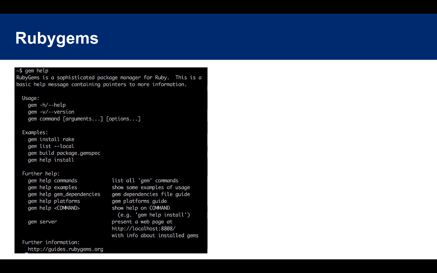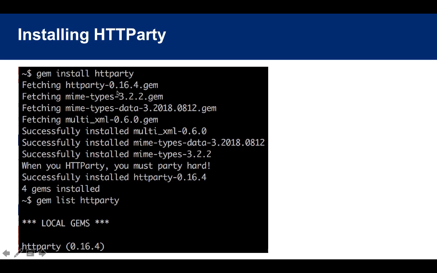And when you install Ruby, you also get this gem command line utility that helps you install and deal with your Ruby gems, Ruby packages. So it says that it's a sophisticated package manager for Ruby. So we're going to be taking a look at a gem called HTTParty, and to be able to install it, you just do gem install HTTParty, and